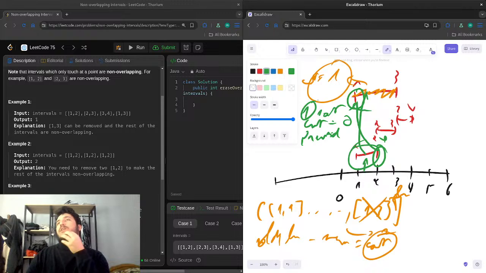If the previous end is lower than this, then we're not gonna count. If it's 3 and it's not,